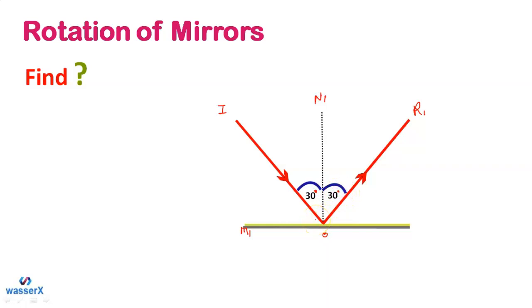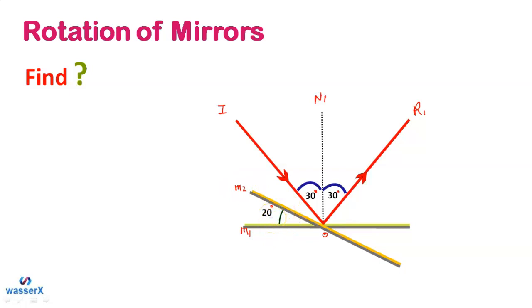But what would happen when we shift the position of the mirror M1, if we rotate the mirror? Let's say I have positioned the mirror now at M2 by making an angle of 20 degrees. This is the angle of 20 degrees here. I have rotated this mirror, M1 only, and I'm calling this the second position, M2, by making an angle of 20 degrees, students, right?